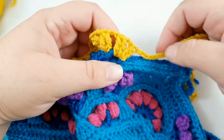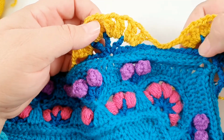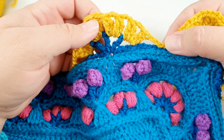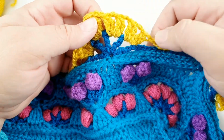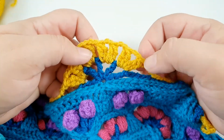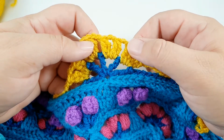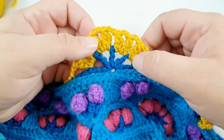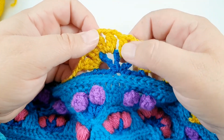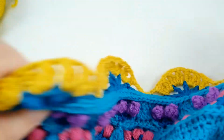So the repeat for the round is chain 2, skip the treble, chain 2, 2 slip stitch in the next 3, chain 2, skip 2 slip stitch, chain 2, treble, and then treble cluster into the chain 2 space, chain 2, treble cluster into the same space, and then you do chain 2, treble cluster twice into the next space, repeat that another 2 times, and you repeat that to the last